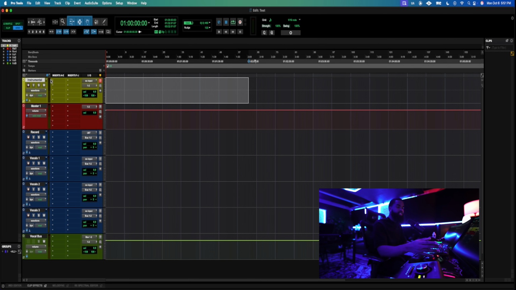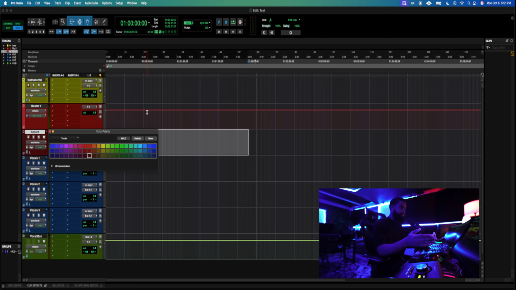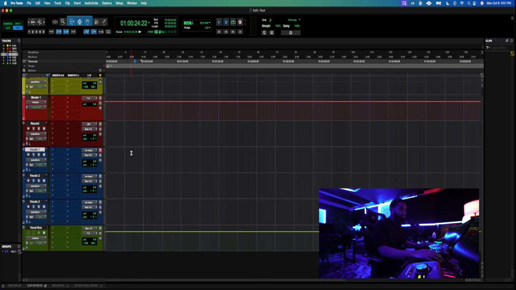But again, you can change it to whatever you feel is comfortable for you and your preference. For the recording track, we're going to leave it the standard red, but this one I'm going to make just a little darker so it kind of sets itself apart from the main master. For the vocals, we're going to leave these dark blue,